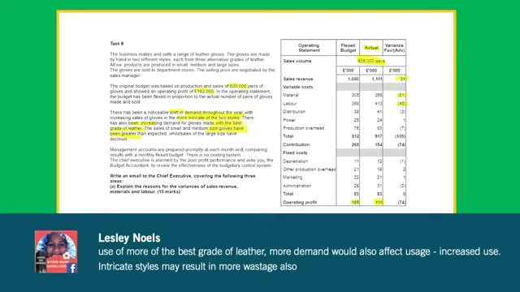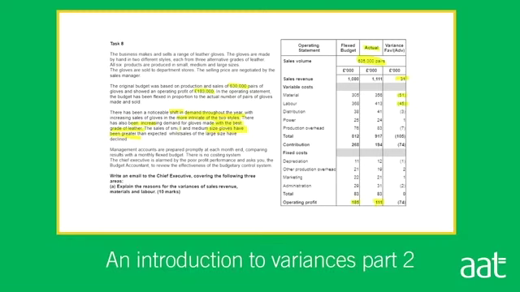Okay, very good. I do agree that using the better quality material would have definitely affected my material price. Remember that this is a total material variance. We don't split here between the price and the usage. So well done for noticing that it's going to be affected by both. So price, definitely higher quality material will be more expensive. Usage, I'm going to look at the fact that obviously we produce more small and medium sized gloves. There probably is going to be some